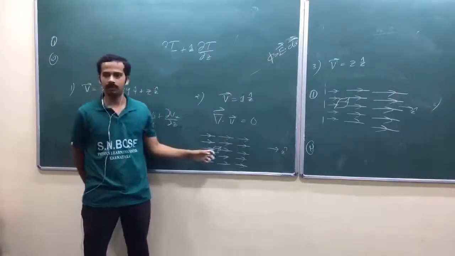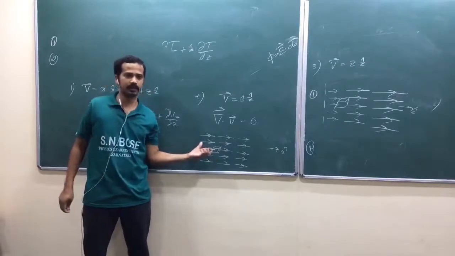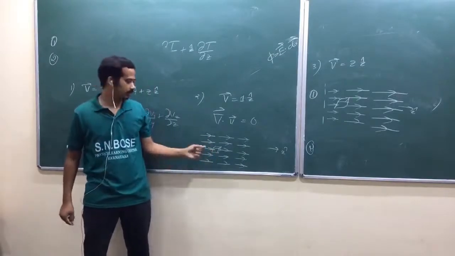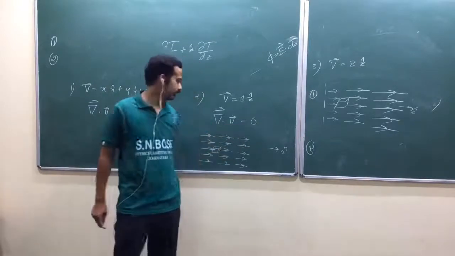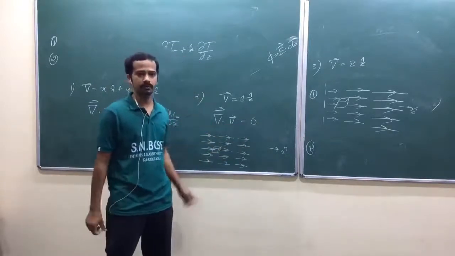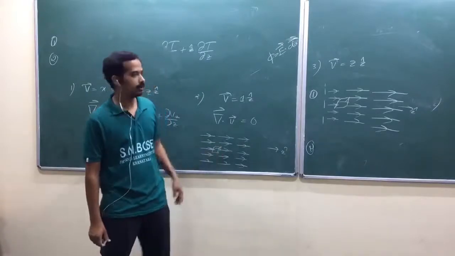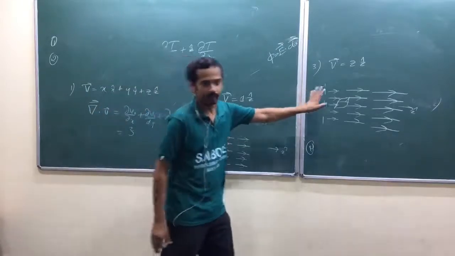But if you talk about length of the vector as the strength of the vector, then field lines going into that volume have the same magnitude as field lines going outward from it. So that's why net flux was 0. But here it will be non-zero. But I prefer the second one.